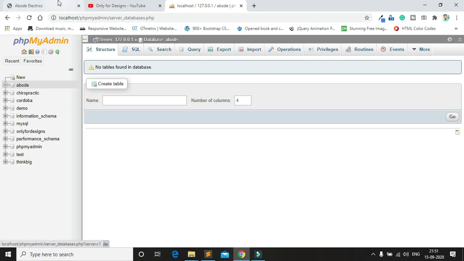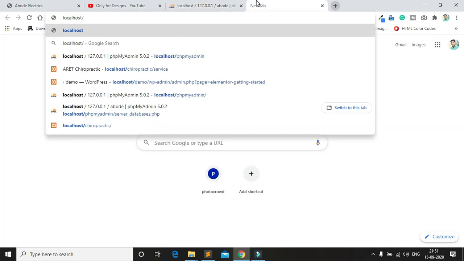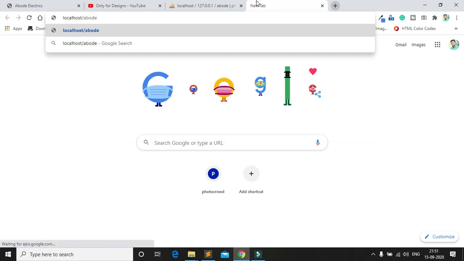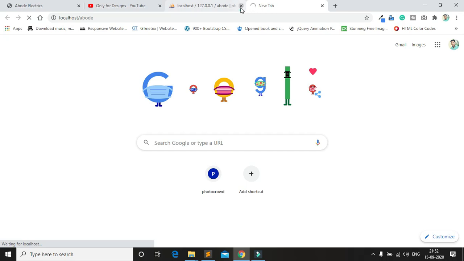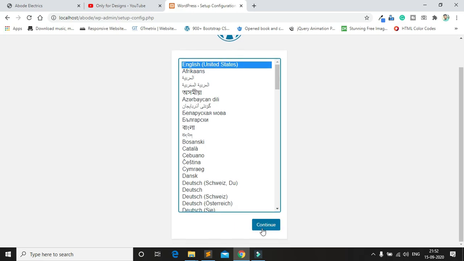Okay, so I go to localhost, then remove the phpMyAdmin, then paste the folder name. This is the folder name, and enter. Now I install WordPress. United States English is already selected.